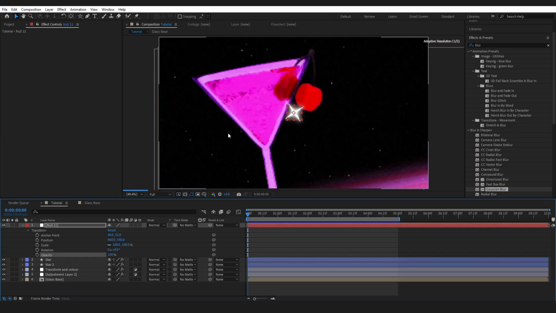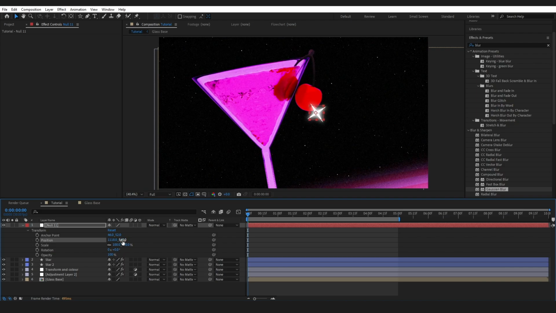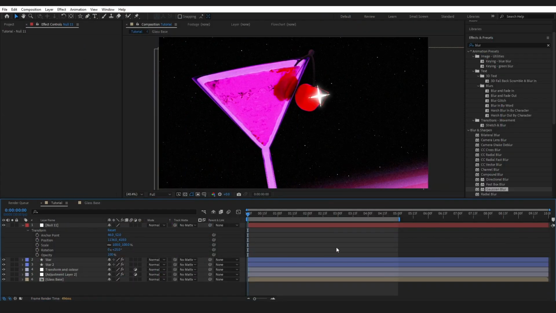I can just pull this up. So if I want to move my star around or animate it, I can do all of this on my null object and not worry about having to go between these two layers. So that's looking pretty cute. I can just rotate it like that, and I'm also just going to add a little animation in here,